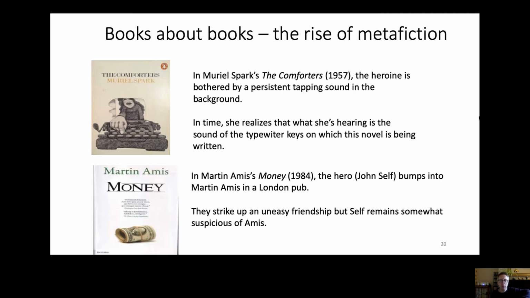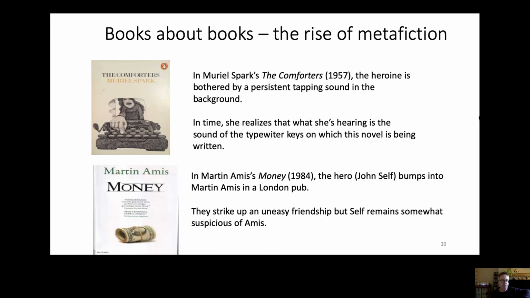And I think the questions it raises about identity, about what is and isn't real, about who tells the story of your life. Do you get the choice to map it out yourself, or is that story being sort of scripted for you by higher powers? These, I think, are really fascinating questions that metafiction explores.